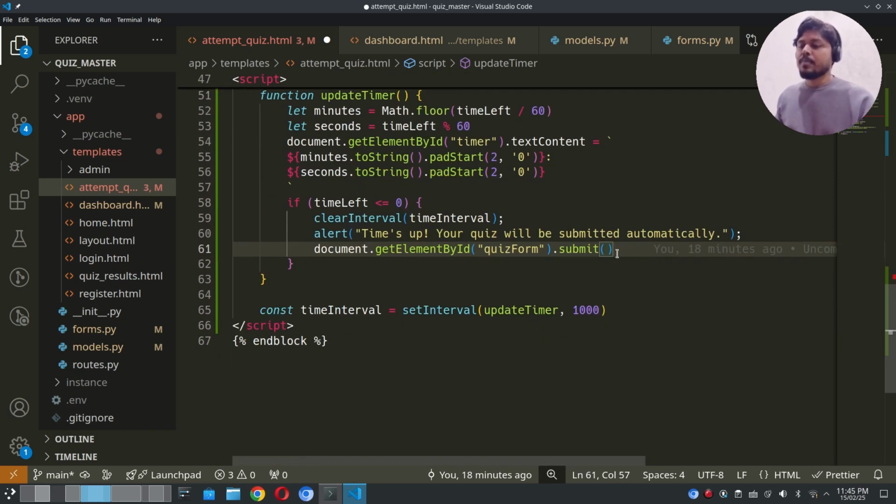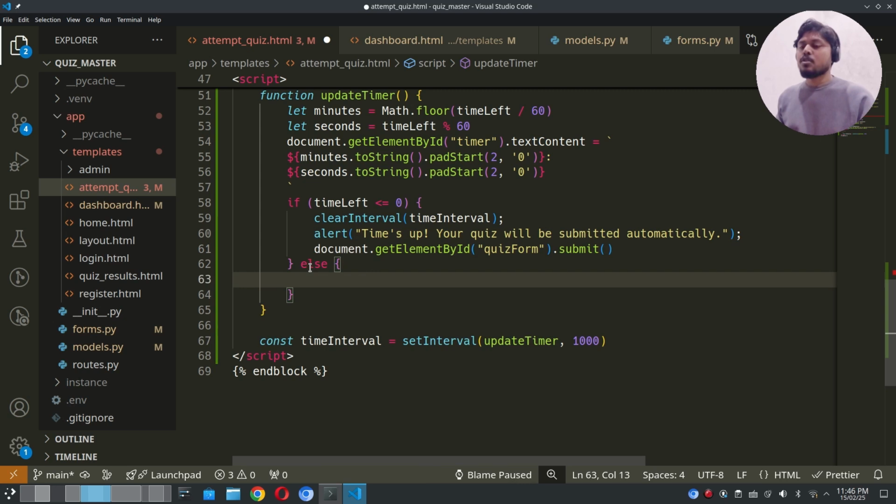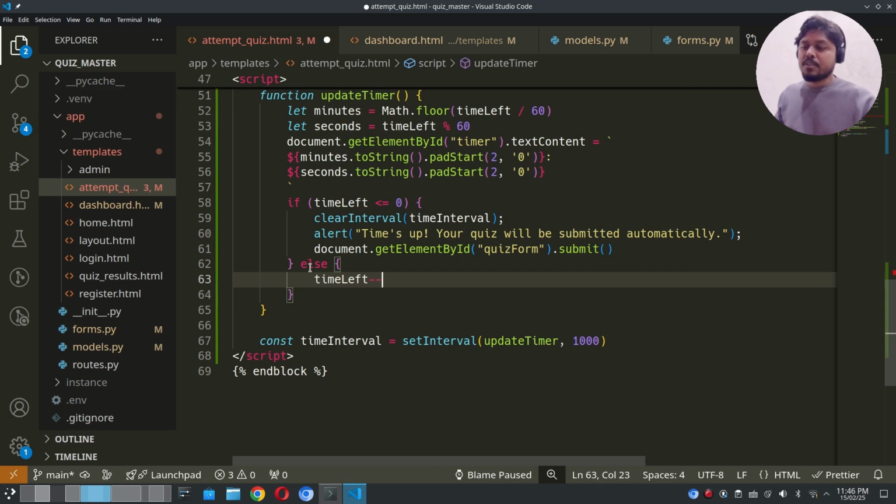So then it will submit the form after the time finished. Else, if the time is not 0, what do we have to do every second? We have to reduce it by 1. Okay, so for reducing we can use this way,